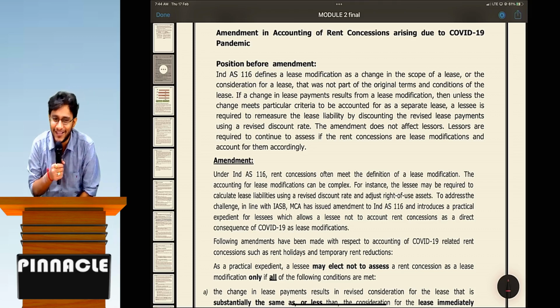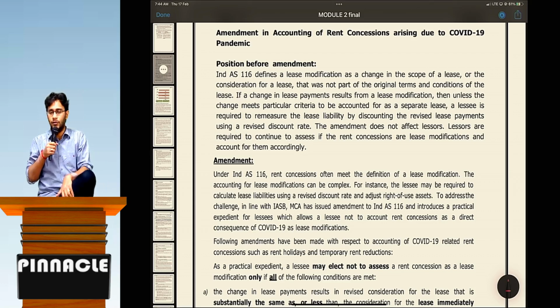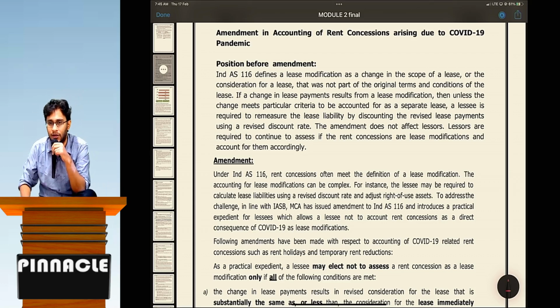Okay. See, sir, because of COVID, you know that many cases are low, and even the government recommended that building owners forego some of the rent or give some concessions and relaxations to the people who are taking the buildings as tenants. Since there is a lockdown, business is not happening, there are no cash flows generated. But definitely we have to pay rent to the landlord, which is a kind of hardship for all these